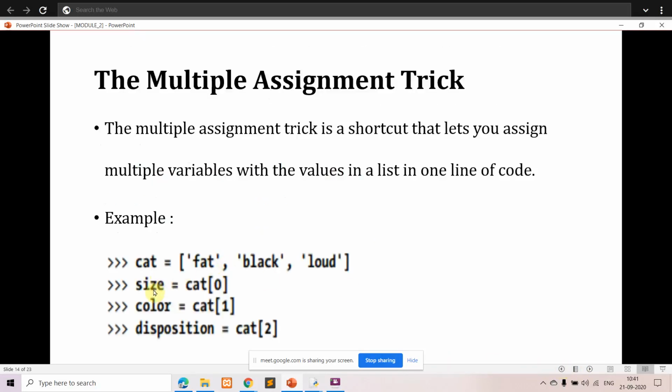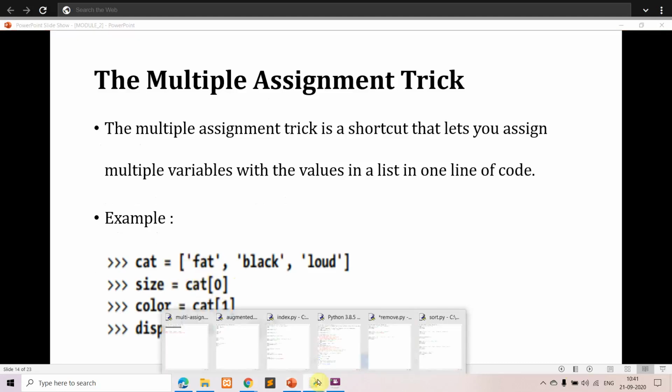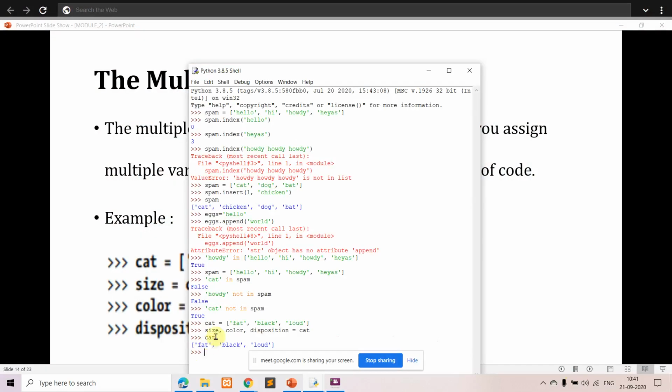So what happens in this case? Size will be initialized to fat. In this particular example also the same thing will be done: size has the value fat, color is black and disposition is loud. Now we have one more example.